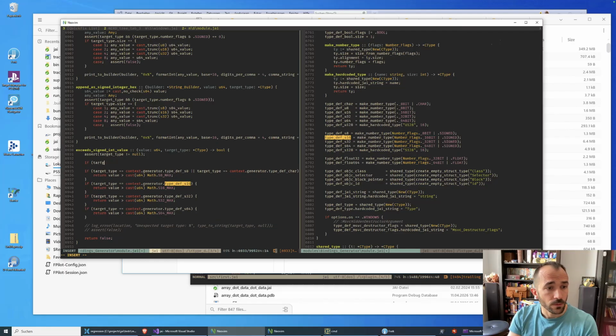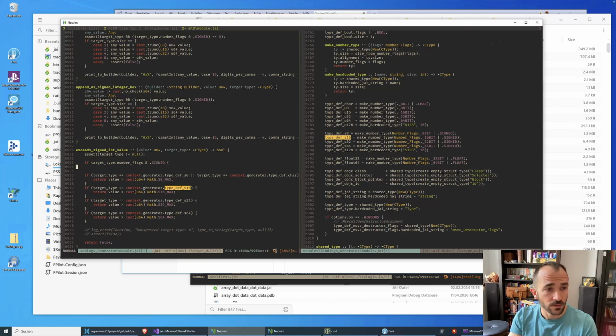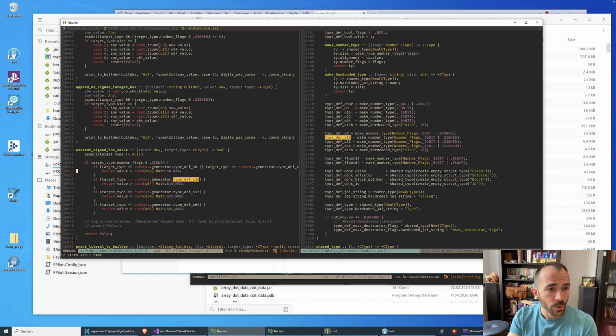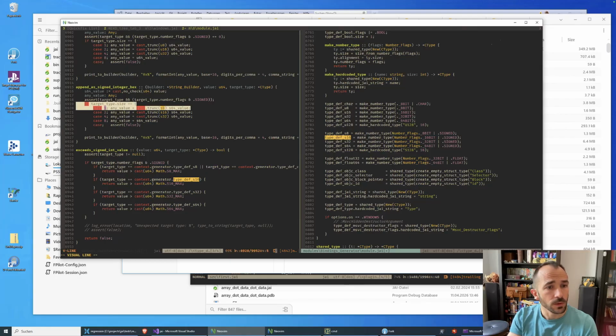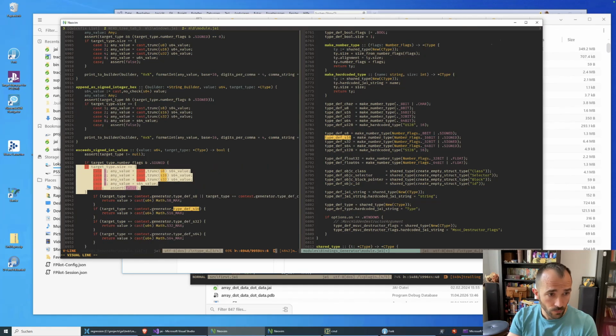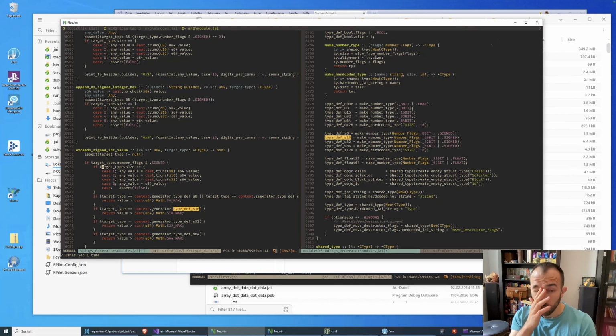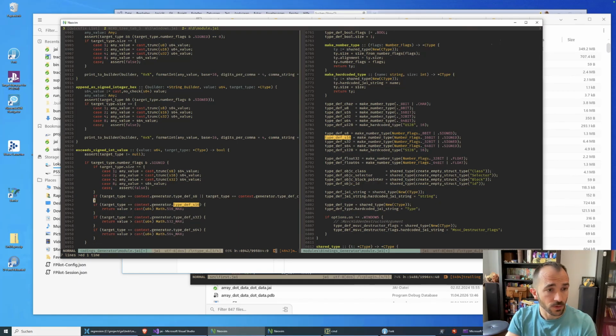If target type number flags, come on, fingers, please. Bam. And then we do this again. It would have been easier too. Whatever.